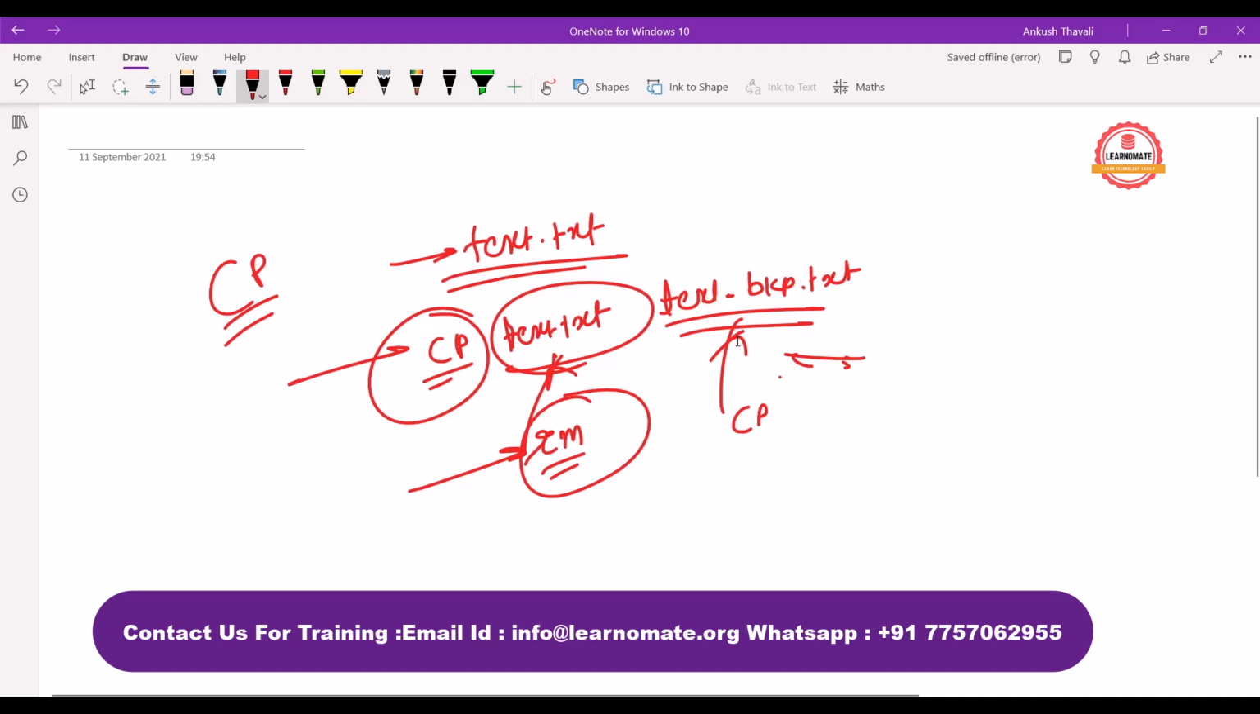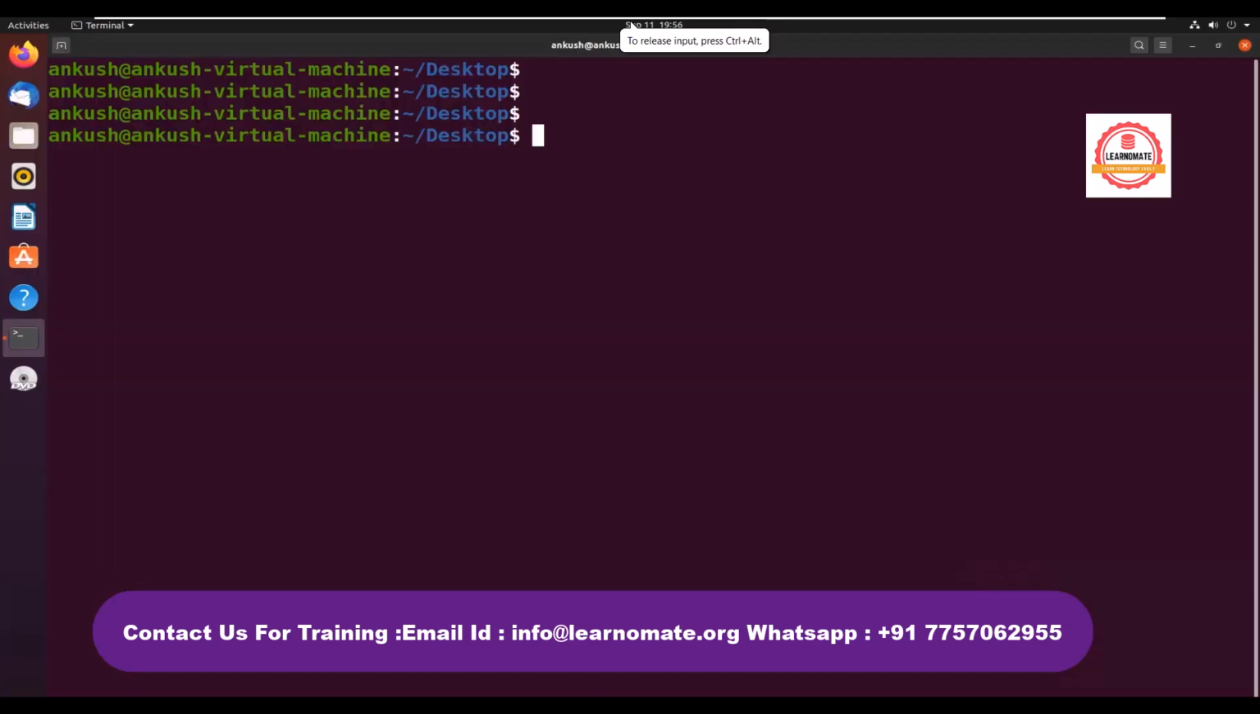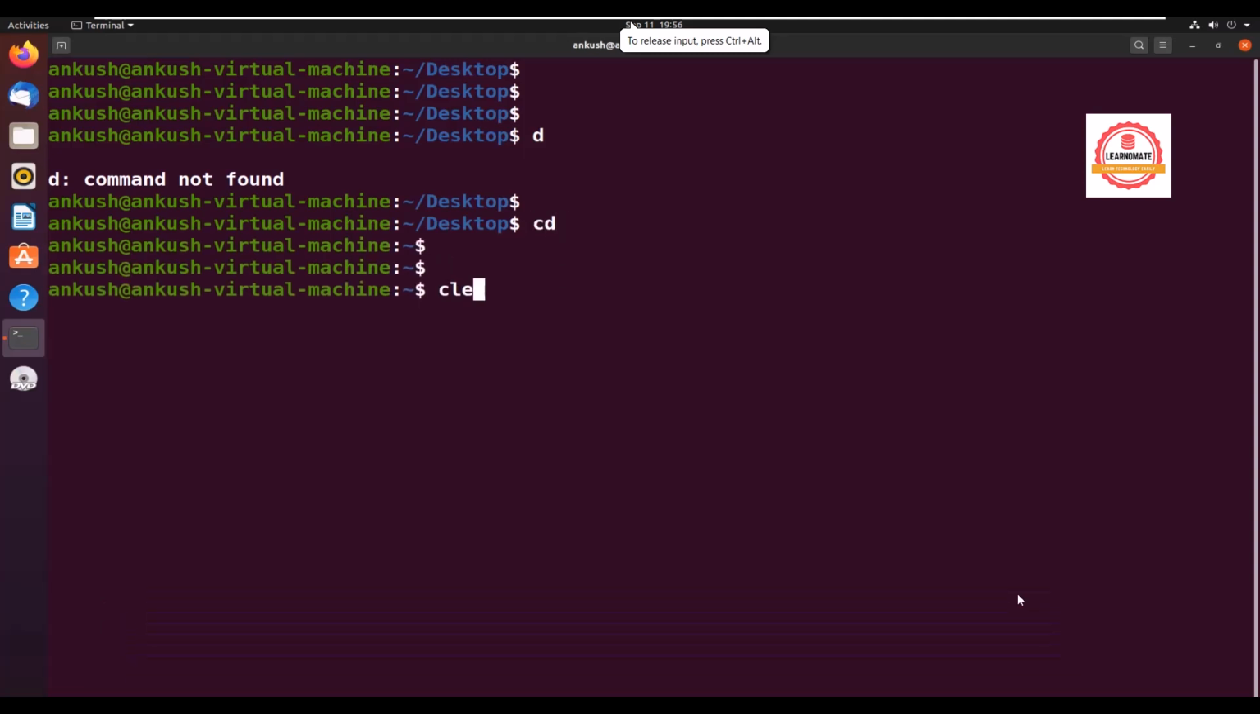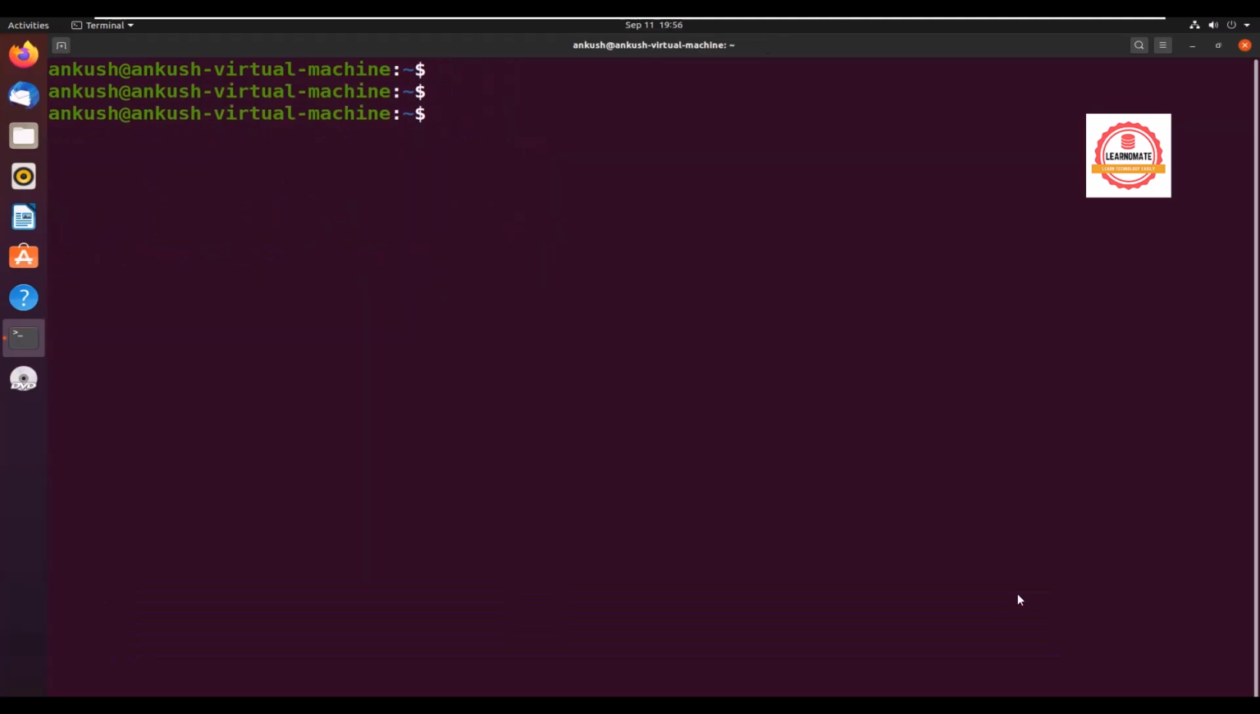cp is for copy. You give the source file which you want to copy, and the name of the copied file, whatever you want to give. Let's say I want to give backup.txt. Let's take a real-time example, then it will be more understandable. Let me go to the home directory. So I am here, clearing the screen. clear